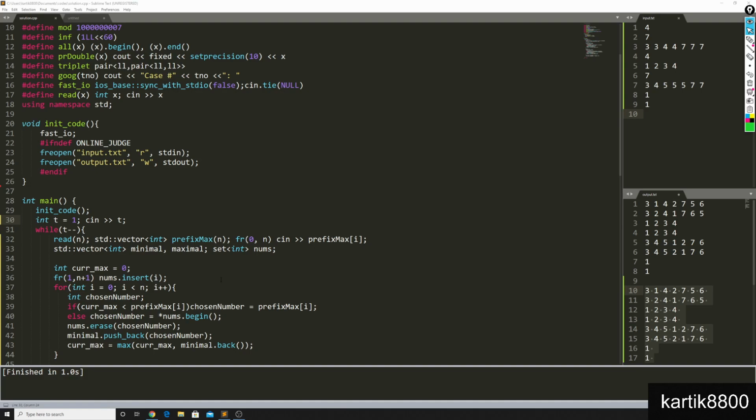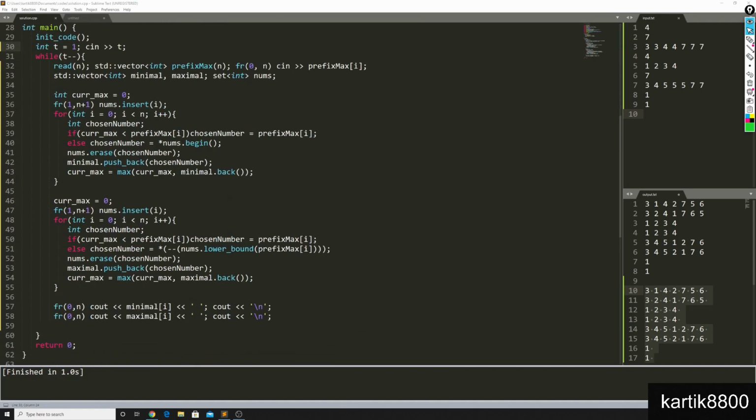So the code for maximal is also similar. If current max is less than prefix max at i, then the chosen number is equal to prefix max at i, that is q of i. And otherwise, find out what is the largest number available with me. Assume qi has already appeared, assuming that qi minus 1 and qi are equal, right?